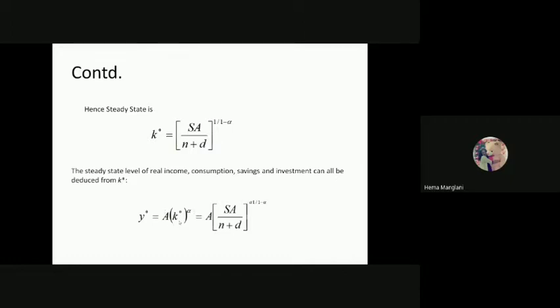So instead of writing t over here, I would put star, because this is the golden rule capital accumulation, or we say it is our steady state capital. So I'll put this k star at the power alpha. So this value of k star will be substituted over here. This value of k star has been substituted, and this gives us alpha by 1 minus alpha. This is only 1 multiplied by 1. So you can consider this is alpha by 1 minus alpha. So that is the whole value of y star.